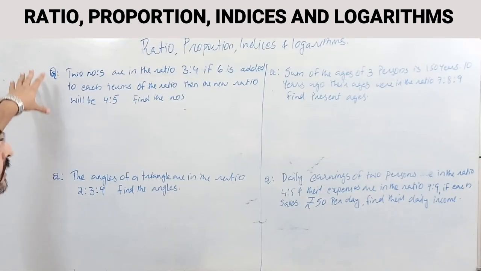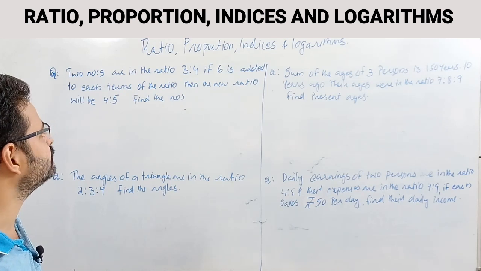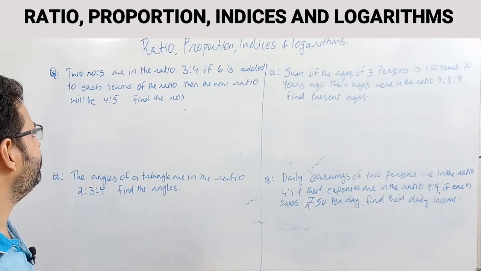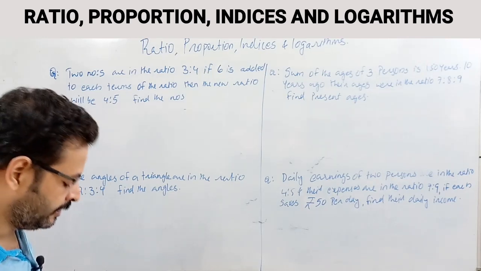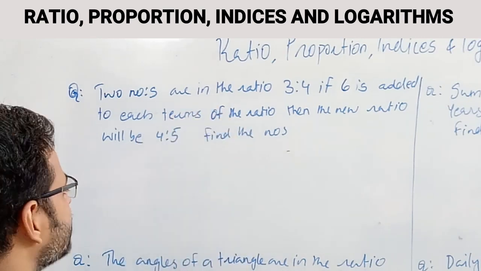Okay, let's consider the first question. Two numbers are in the ratio 3:4. If 6 is added to each term of the ratio, then the new ratio will be 4:5. Find the numbers. It is given in the question that two numbers are in the ratio